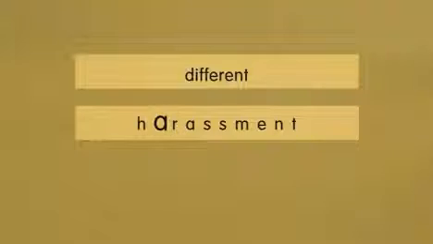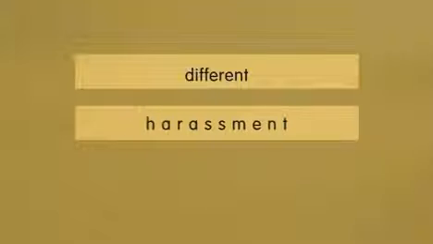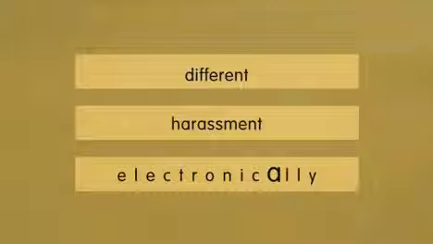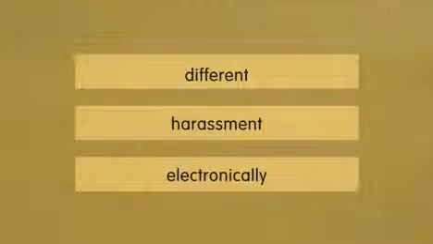Different. D-I-F-F-E-R-E-N-T. Different. Harassment. H-A-R-A-S-S-M-E-N-T. Harassment. And electronically. E-L-E-C-T-R-O-N-I-C-A-L-L-Y. Electronically. Notice that even though English spelling can be very difficult, it's very important to make sure you spell